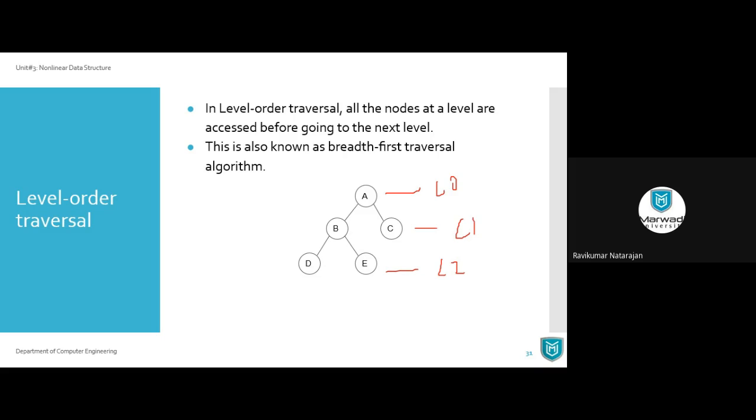So now what will be the order of traversal for this? I said that I will visit the entire level. So if I start from root, A, then B, C, D, that's it. Because it is given, right? All the nodes at a level are accessed before going to the next level. Simple. So this is BFS, and DFS is something different,